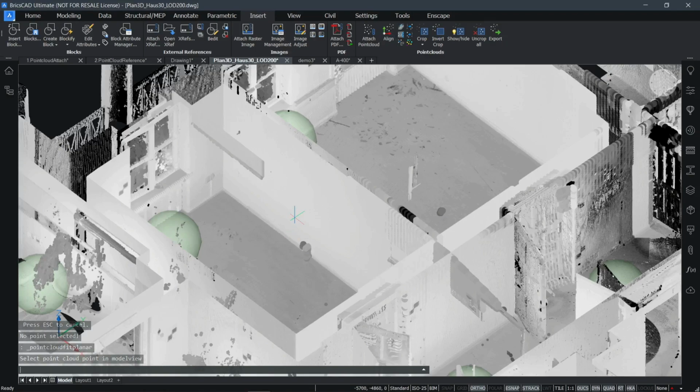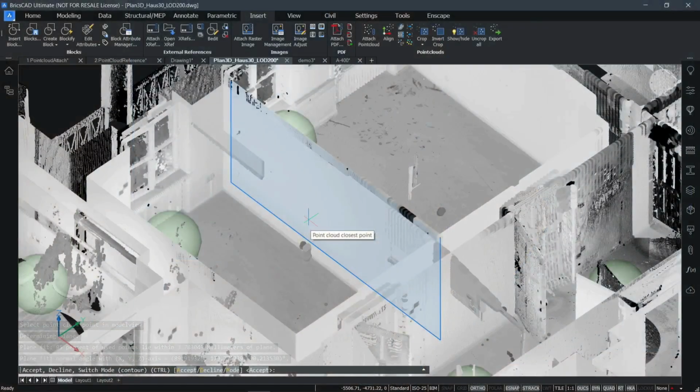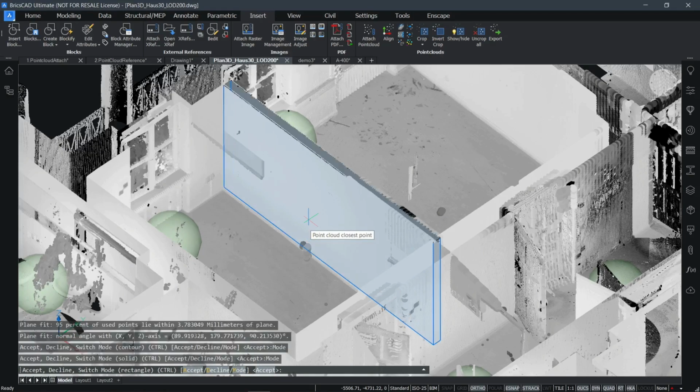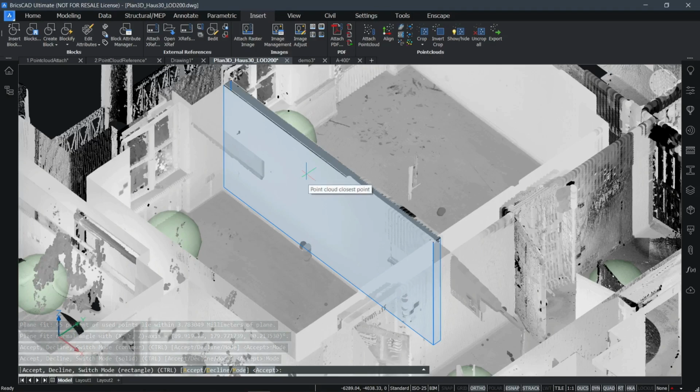And it will take a little bit longer because it will actually scan the entire point cloud for this plane right here, and it will also take into account, for example, the other surface on the other side to create really a wall, for example, as in a solid. So not only a plane, but you can actually create solids as well. If I click on the control key, you will see that I also have the option to make a solid as well. If I accept that,